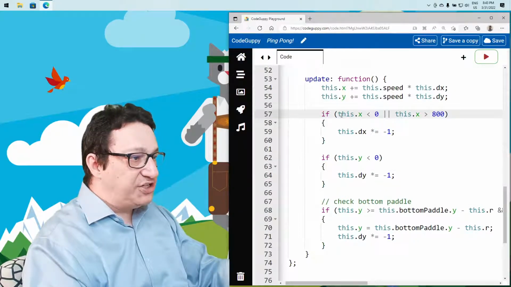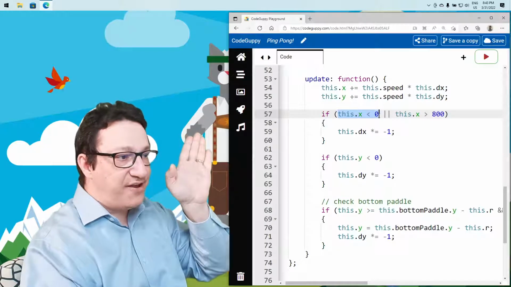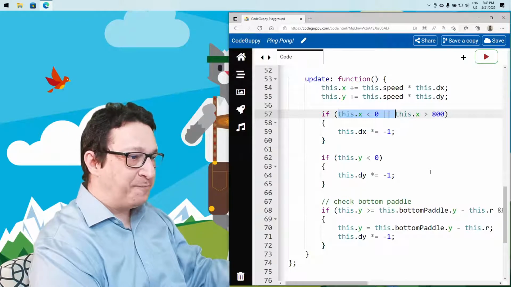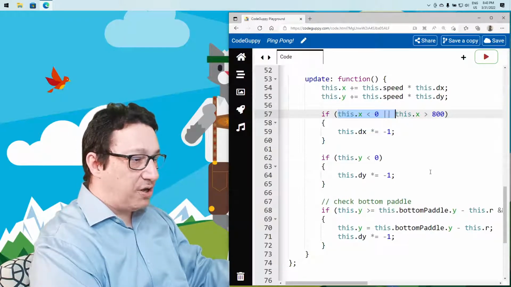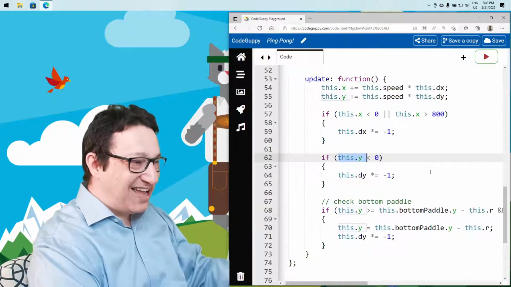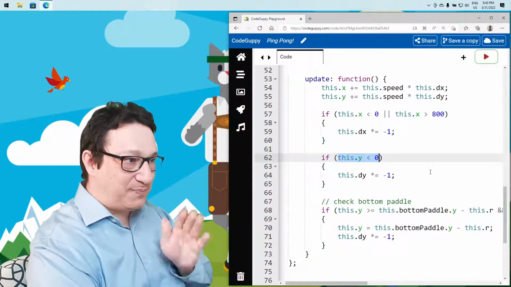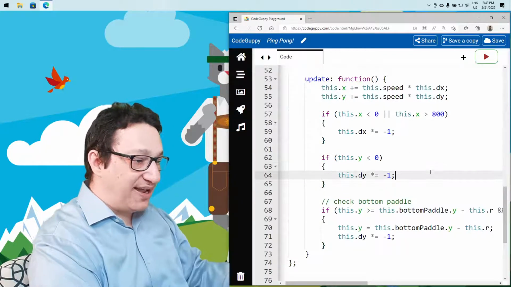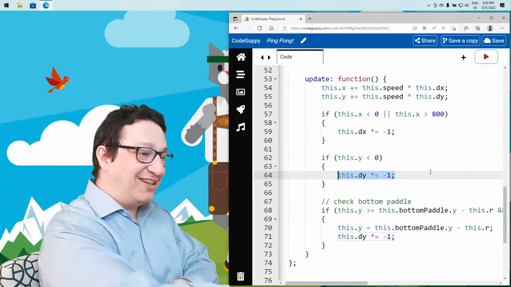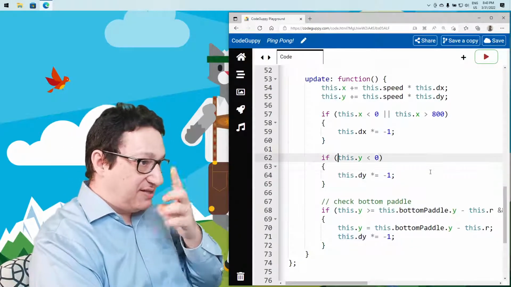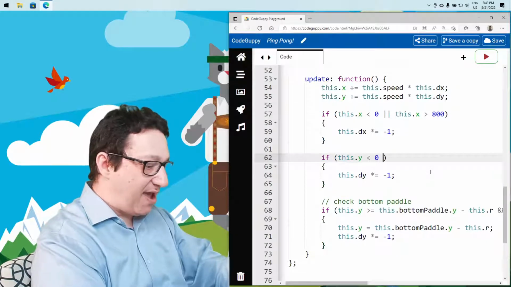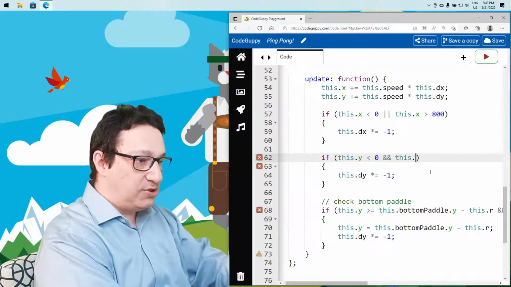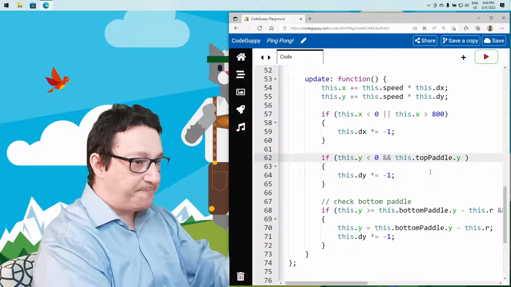Now what we have to do, like we did with the bottom one, is remove here also the condition. If it's trying to go to the top edge, we should let the ball go outside, but of course we should check if it hits the top pedal there. Oh no, not here, here. So if it tries to go to the top edge, we should change the direction only if there is a pedal underneath, and this is the other pedal. So if this.y is less than 0 and there is a pedal there, then this.topPedal.y